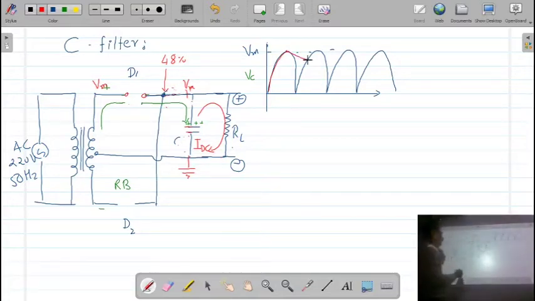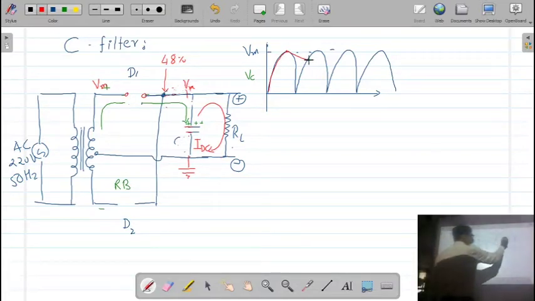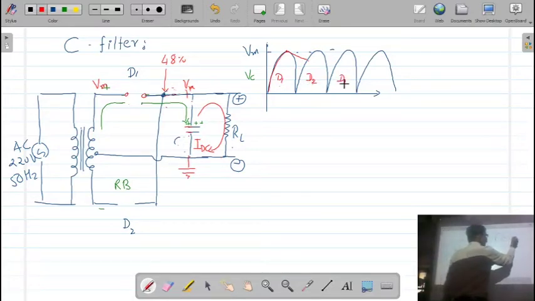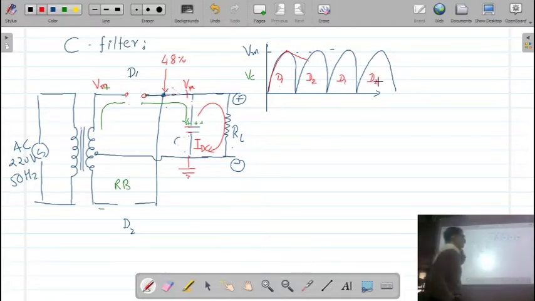So when this voltage is decreasing, a potential difference is going to be created. Now here you can see this voltage goes on decreasing, but in this condition the diode D2 is in forward bias. Here this is the output voltage due to D1, this is due to D2, then again it will be due to D1, then due to D2. So whenever the capacitor is discharging, meanwhile the diode D2 is now in forward bias. So what will happen?